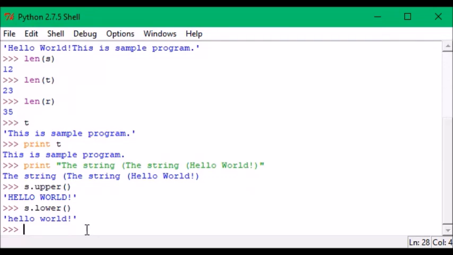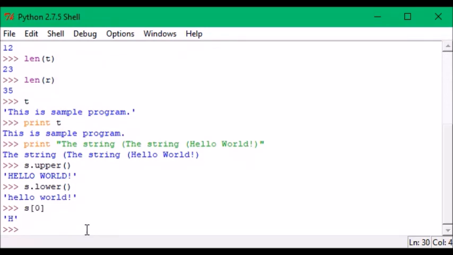That means the first character of the string will be started as 0. In any programming language, the number starts from 0. So when you write s of 0 is equal to h, that means the 0th character of string s is nothing but h.